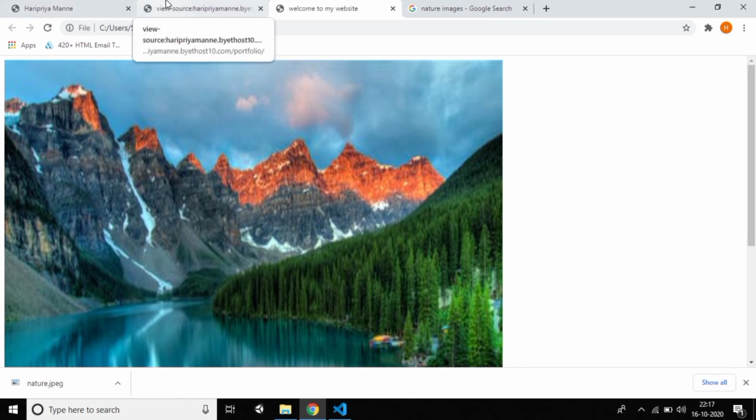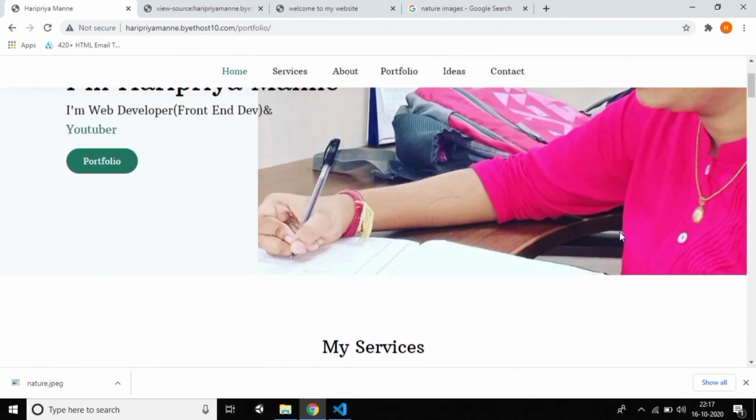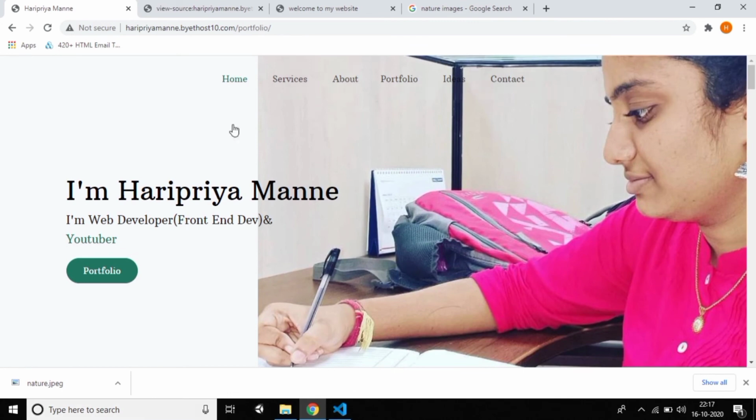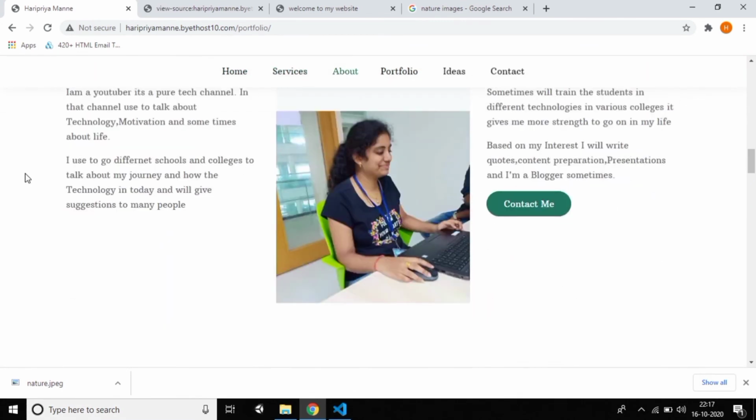Actually you can observe, this is my actual page, you can see my image. I gave the size very big compared to other images, and here you can see I gave the small size which is 300 pixels, I think. So this is the way to do that by using the image tag. I think you understand what I have explained.